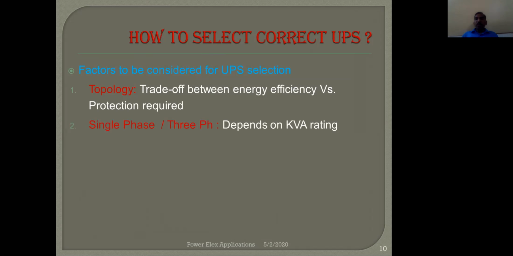Then if your load is very heavy, like 50 kVA or 100 kVA, then there is no choice but to go for a three-phase UPS. But for loads like 10 kVA to 20 kVA, you do have a choice of single phase and three phase. Below 10 kVA, we usually go for single phase because that is